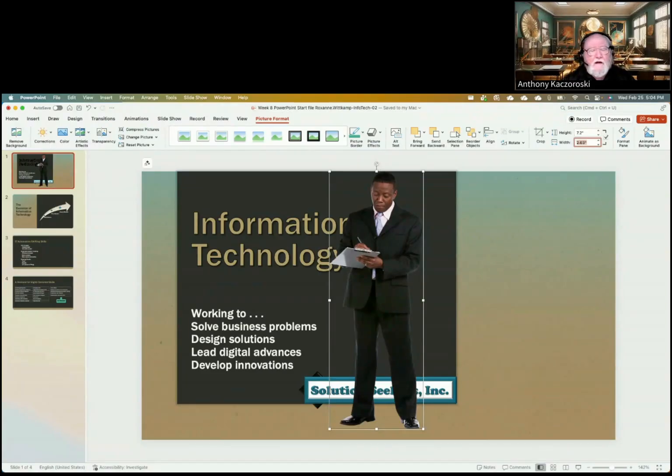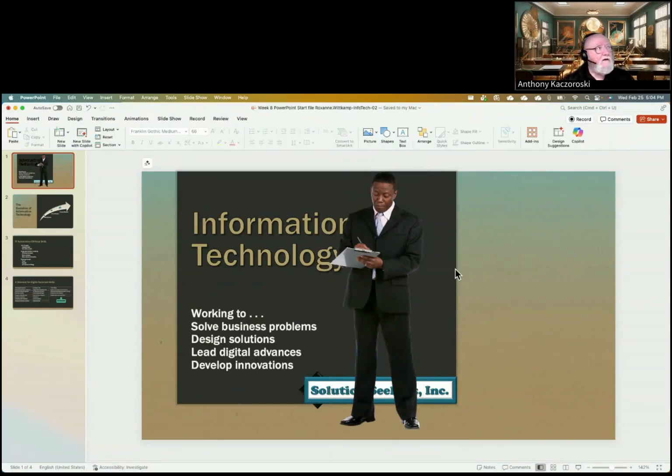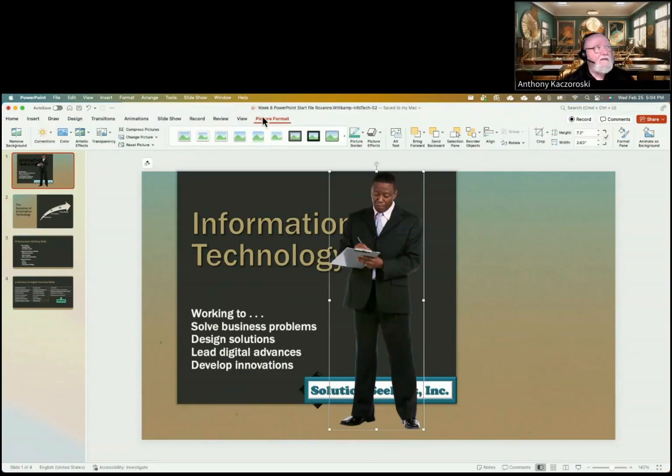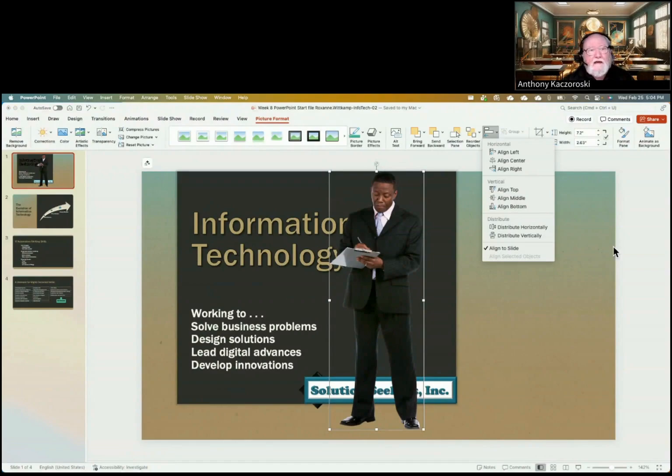Now it says for F, we want to click the align under picture format. Now the picture format is only available if you have focus set on your picture. If I click over here, you're going to see picture format goes away. So I have to have my focus set on the picture, and then I get picture format. Okay, and it says we want to align it, and align is over here. And I think it's, let's see, I got to scroll up, align bottom. So we click align bottom,